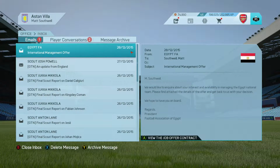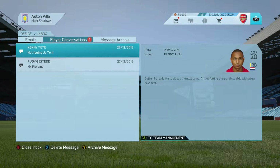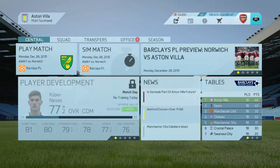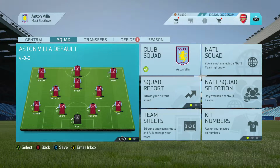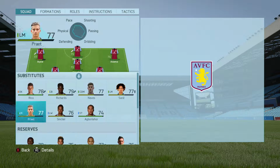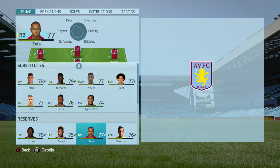So here we go. The final game. Tete, not feeling up to it. Could do with a few days rest. Well, don't worry, you're going to be getting the rest, that's for sure. So we will switch to our other team by default here. Just going to have to make a change because he's got Ayew out there still on the wing. We will probably bring in...